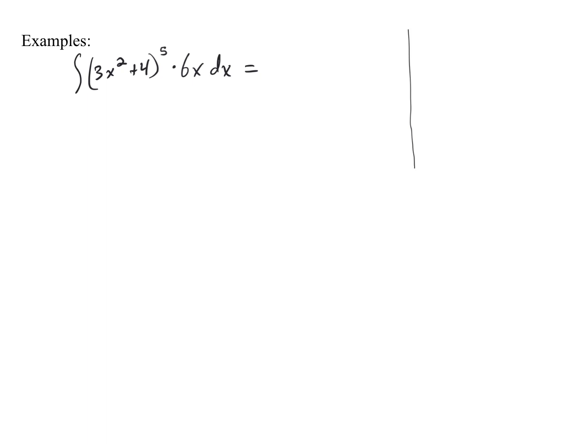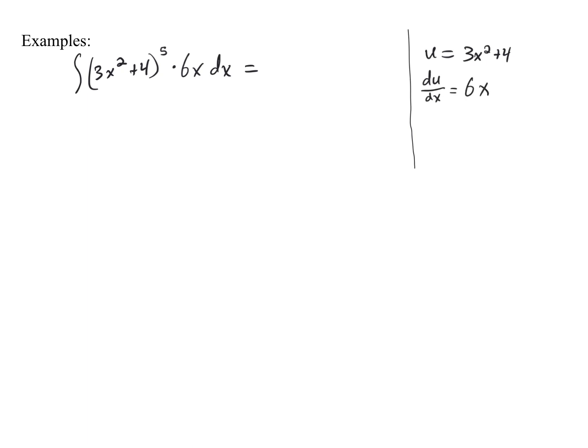I first of all want to identify what is u in the context of this example. U is always going to be the thing that's being raised to the exponent. So in this case, 3x squared plus 4. Then we know that the rule references du. So what is du? I'm going to start by saying du dx, and we can compute that this would just